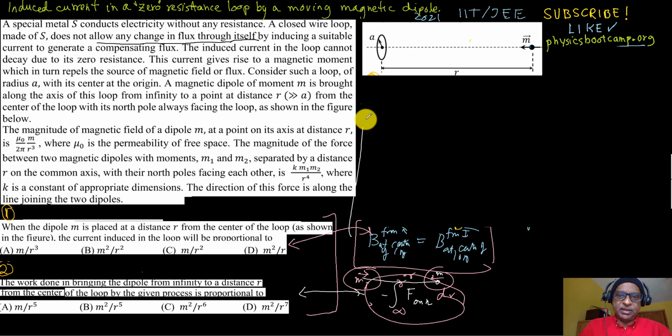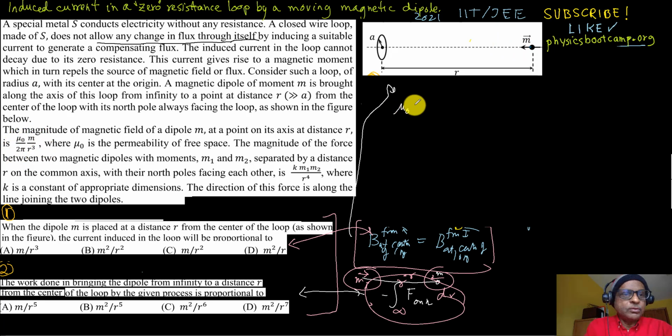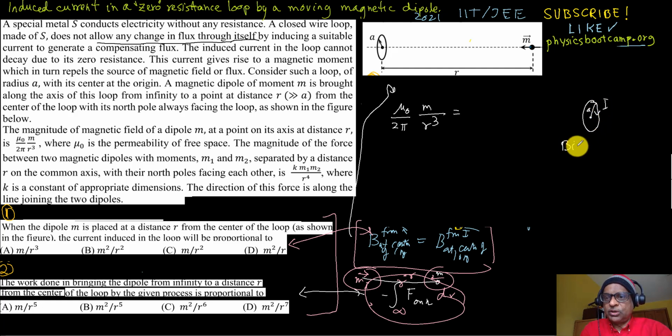To implement this, we need a B from M, at the center of that. So B from M has a formula given here. It's going to be mu naught over 2 pi, M over R cube. And on the right side, you have a current going this way, and I want to know the magnetic field at the center. That distance is a, and we will use